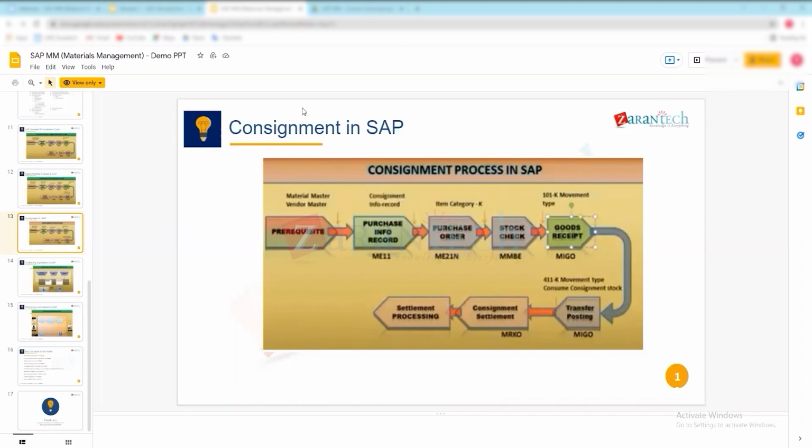Simple concept. The vendor doesn't have space to store the material. That's why he is sending material to the company. As a company, I will procure that material and store it in my premises, but I will not process the payment because the vendor doesn't have space for that. This is basically for the consignment. If they don't have space, or I don't want to follow up with the vendor every time for procuring the material,